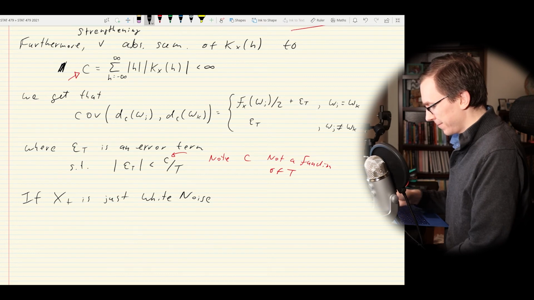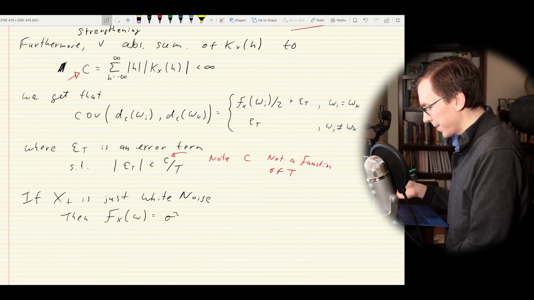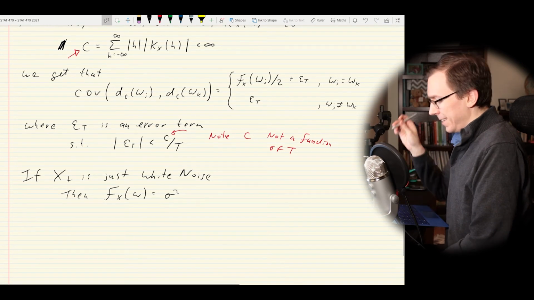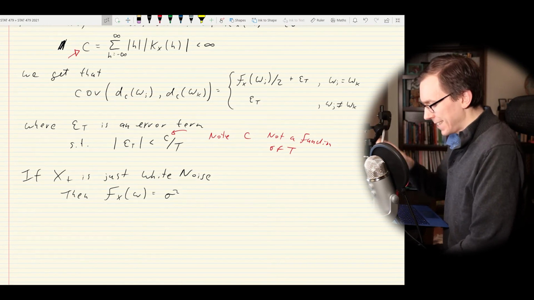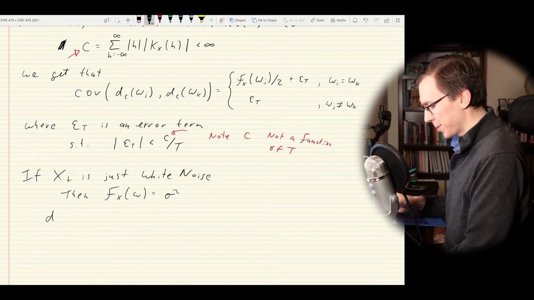Basically, then fx omega is just going to be sigma squared for any frequency. And what this means is that in the limit, as t gets really large, because we're still dealing with a finite amount of data,